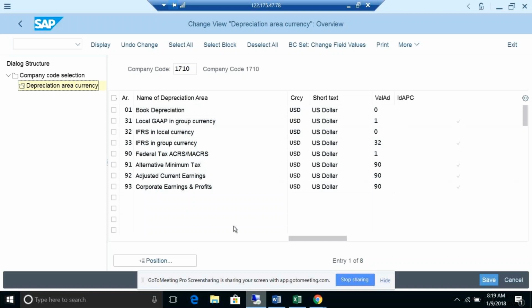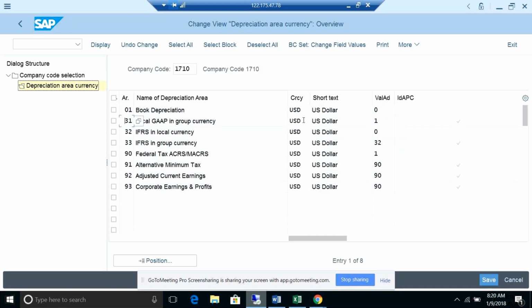We may get confused. So are you saying, for example, 31, if we want another 31, can we have another 31 with a different currency? Yes. See, for my depreciation area 31, if I want to report in one more currency, then I need to add one more line and add the same currency here. Then I can get the reports in the same way for the third currency as well.